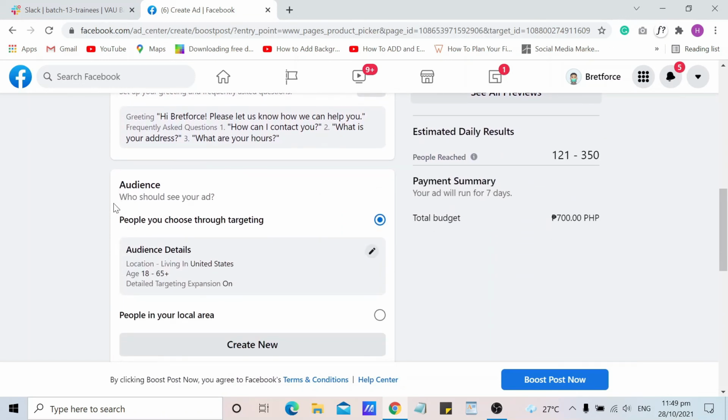Now you can define your audience. You can select people you choose through targeting or people in your local area. And click create new.